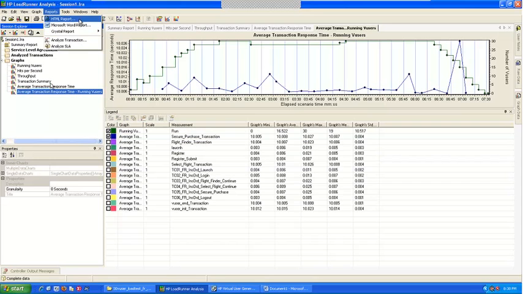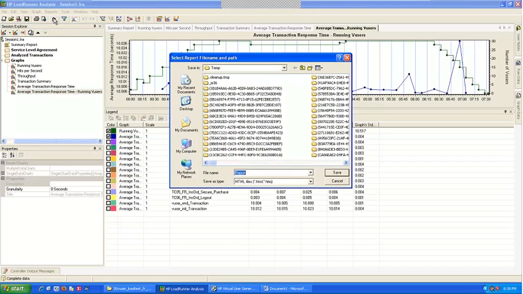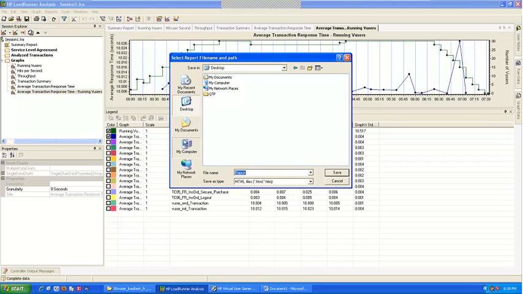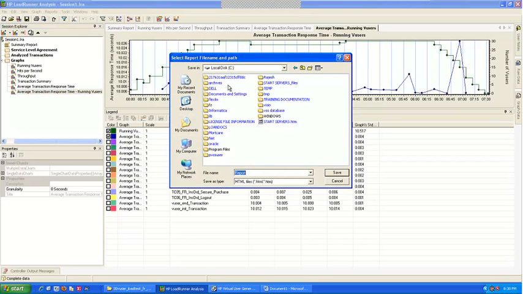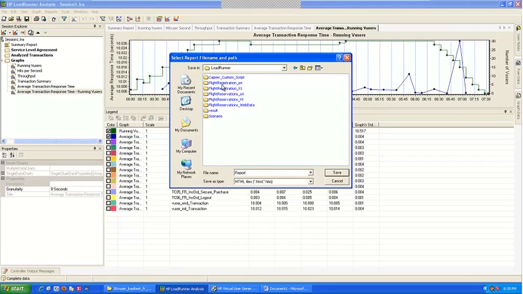If you generate an HTML report, it will create an HTML file of all these graphs. So I click on HTML report, and save the report where you want. I'm going to save this in Rajesh, LoadRunner, result.